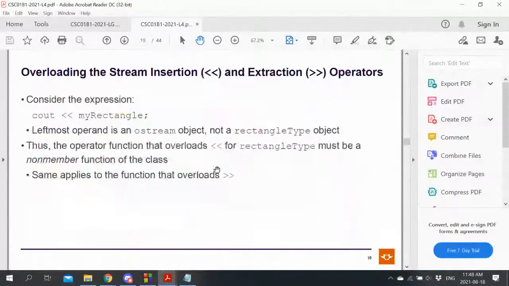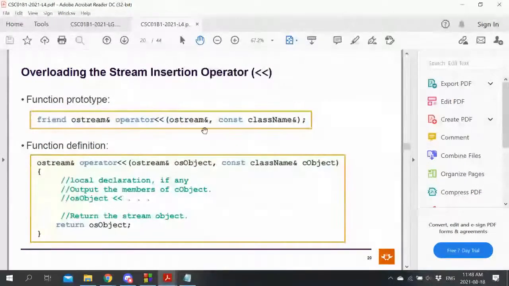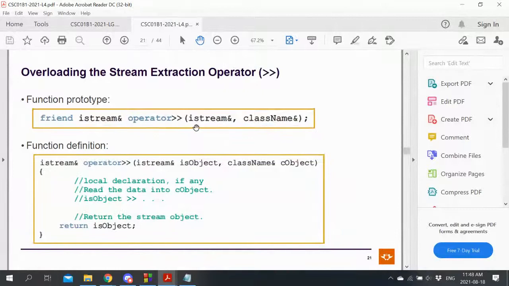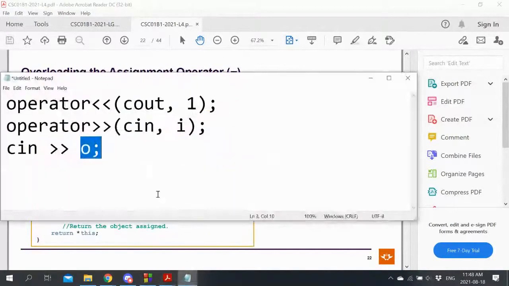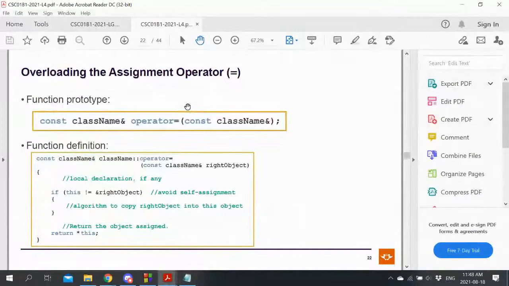If these explanations are difficult to remember, you can just memorize the pattern. This is what an iStream looks like, what a stream insertion operator looks like. This is what a stream extraction operator looks like. They're not going to change. The only thing that will change is the name of the class. But it's better to understand why they are the way they are, so you can reason it out just by quickly writing a little comment to yourself using a stream, and then, oh yes, that's how it should look.